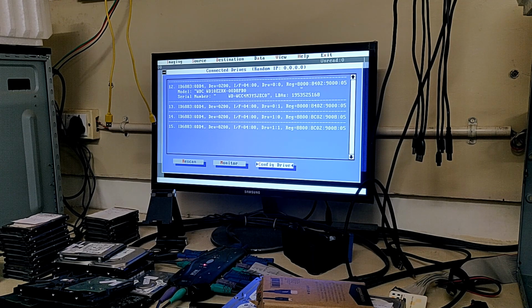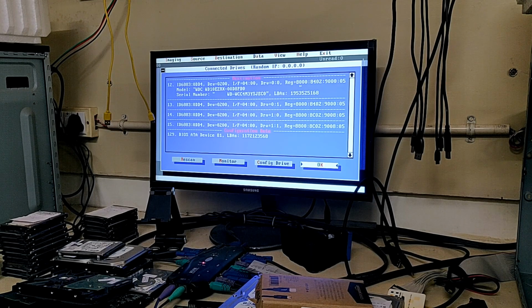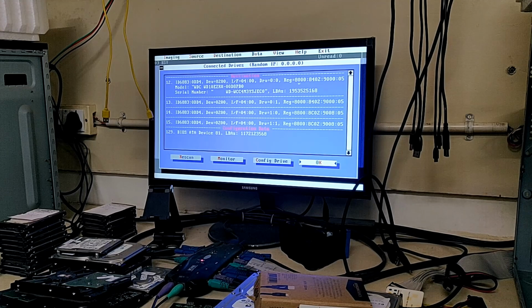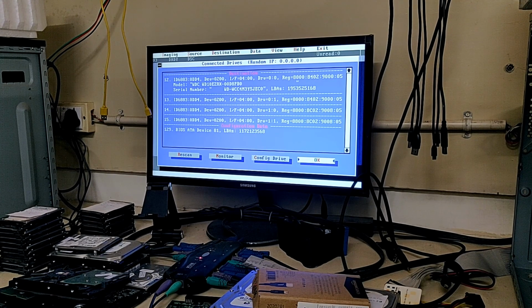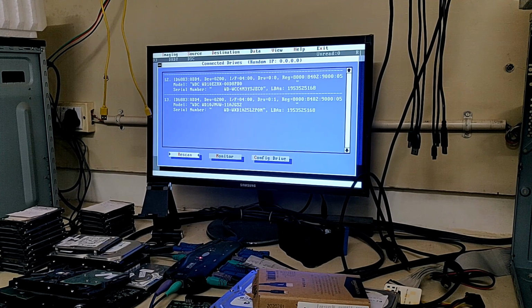And configured. Now let's initialize our patient. Patient is ready too. Let's rescan.